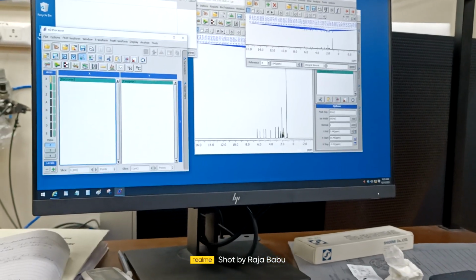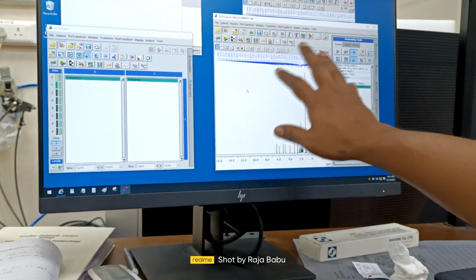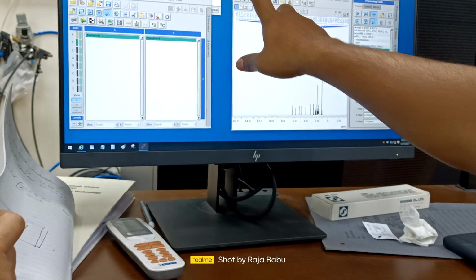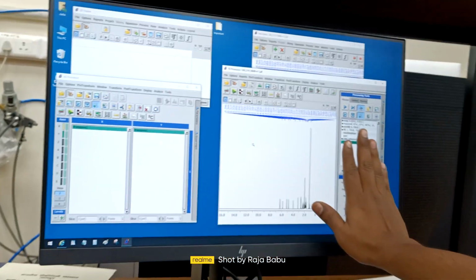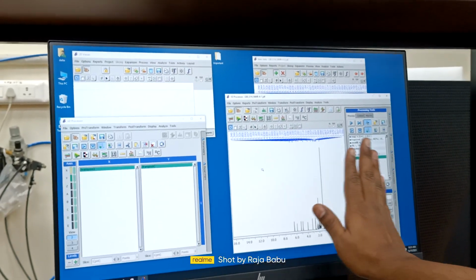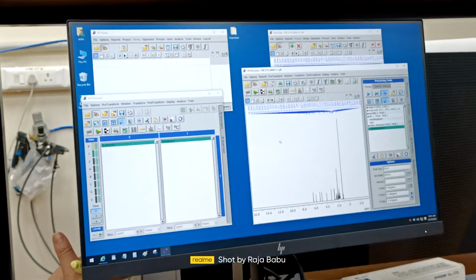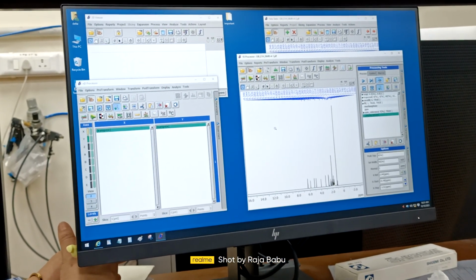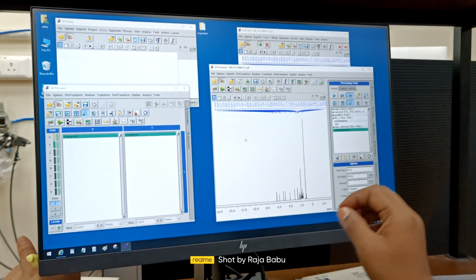This part. Now in 1D NMR, you have a major 2 windows. One is called this window. This window is basically for the 1D processor window. The 1D processor window means you have a spectra here. On the right side you can see the processing list. Okay, spectra and processing list. It will change automatically now. Then if I want to add some parameters to the spectra, how will you add? Ma'am, let me explain things, then maybe you have questions, you can ask me or you can write down things.